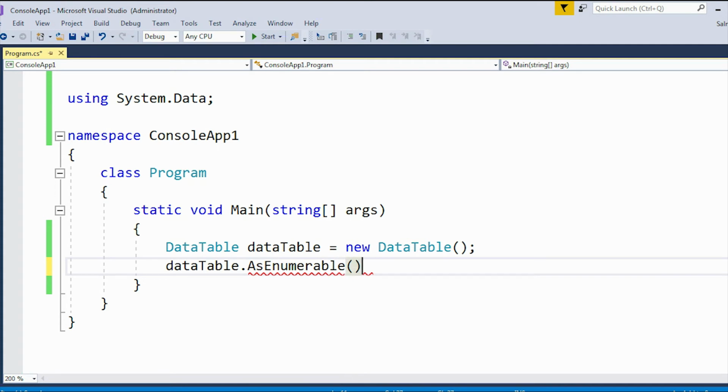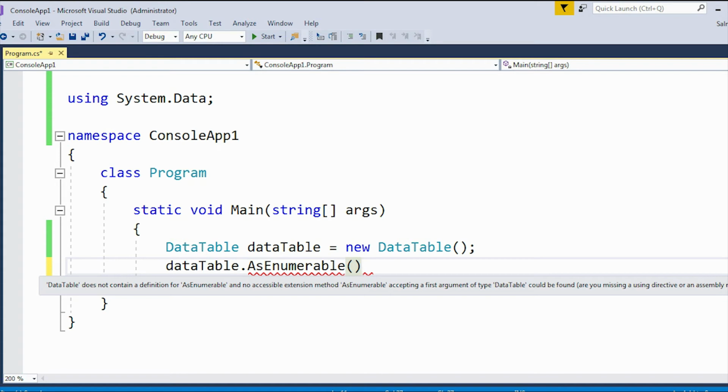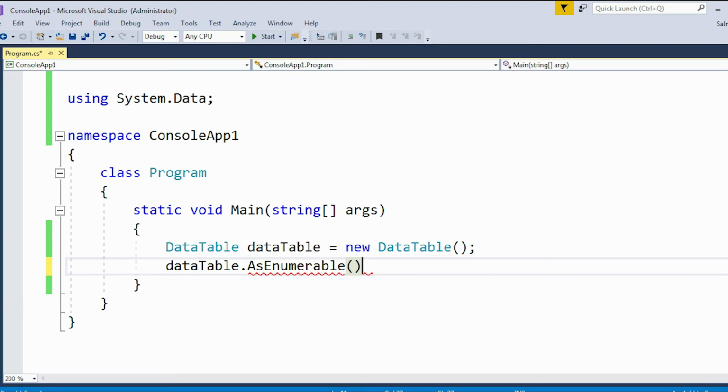But when I added that method, it is showing me that DataTable does not contain a definition for AsEnumerable, and no accessible extension method AsEnumerable accepting a first argument of type DataTable could be found. Are you missing a using directive or an assembly reference? Basically, the AsEnumerable method is not under the System.Data namespace. It belongs to a different namespace, and that namespace is